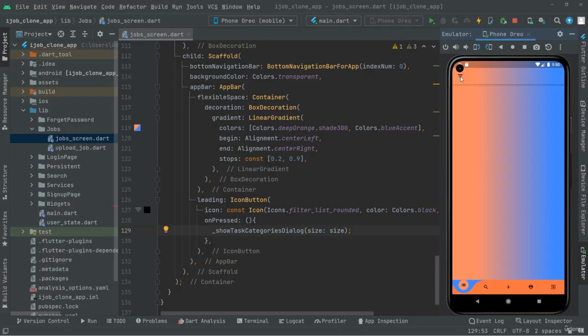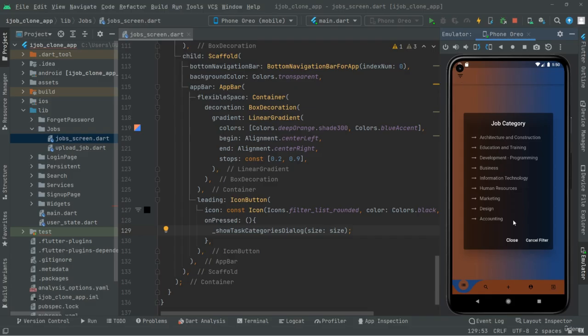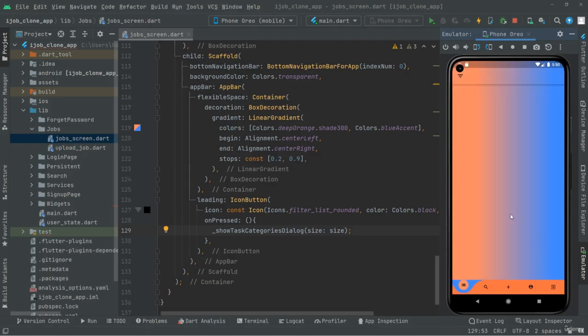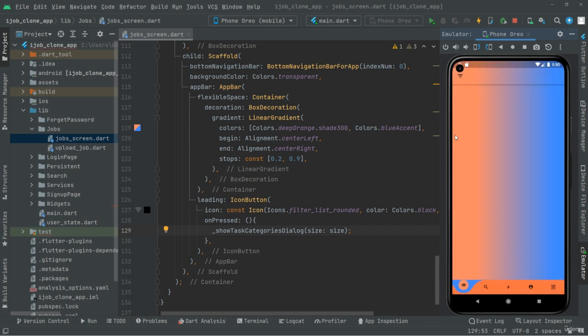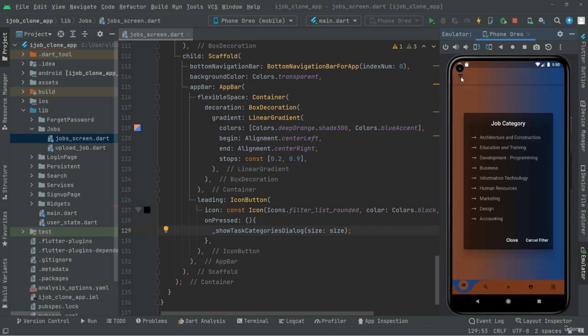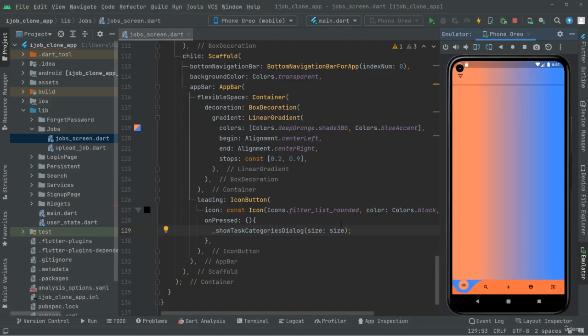So as you guys can see, it's working totally fine, and if the user wants to cancel the filter, he or she can simply click on that button and it will cancel the filter. And if they don't want to cancel the filter, they can simply close the dialog. So it's working totally fine, and you guys can see that right in here. We have successfully implemented that. So let's go close that, and basically